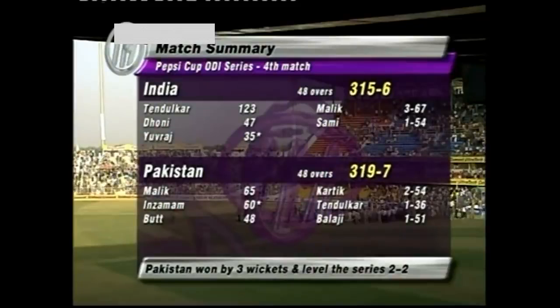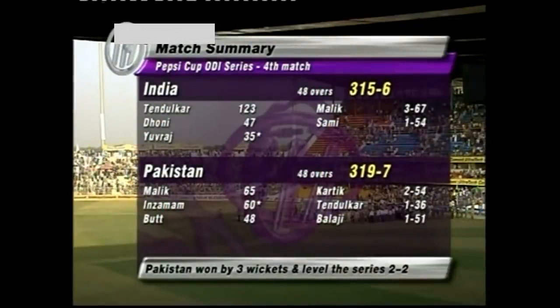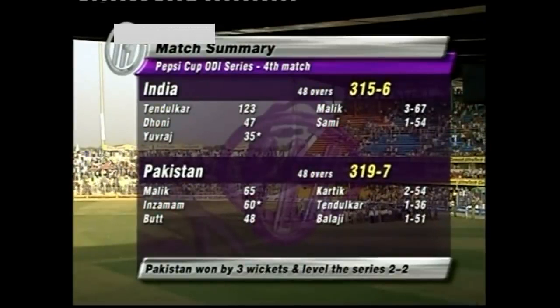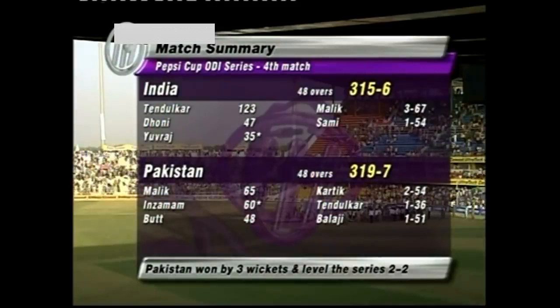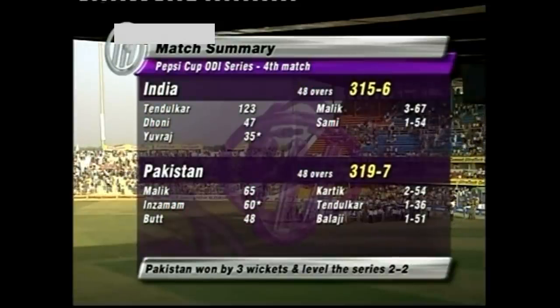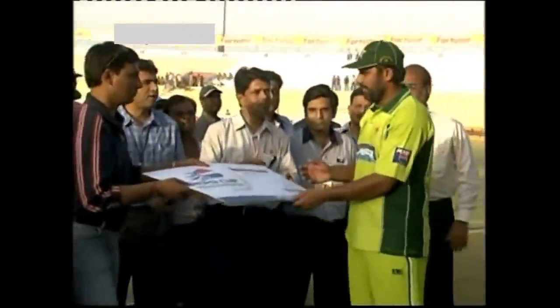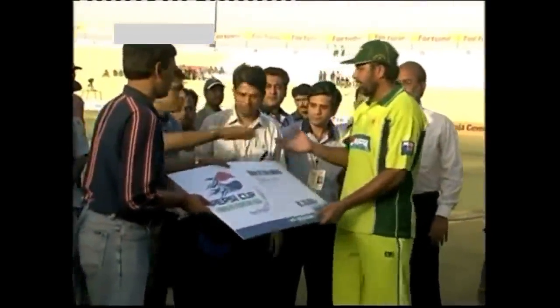Malik with 65, Inzamam with a captain's knock, 60 not out, and of course that man Butt on top got 48. So Inzamam with 60 off 59 remaining not out and taking his side across the finish line. 2 wickets for Karthik, 1 for Tendulkar and 1 for Balaji. Pakistan have well and truly come back into this series, leveling it 2-all and winning this match by 3 wickets. The man of the match award, 60 off 59 balls in a real pressure